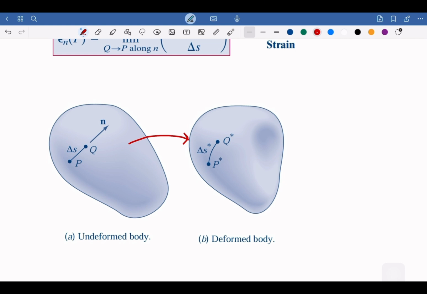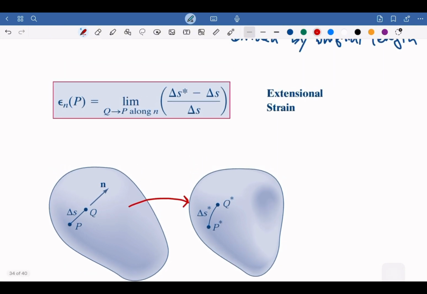So we may write this change: the delta s after deformation minus the original delta s, divided by delta s, and then based on our definition, the extensional strain at point P,